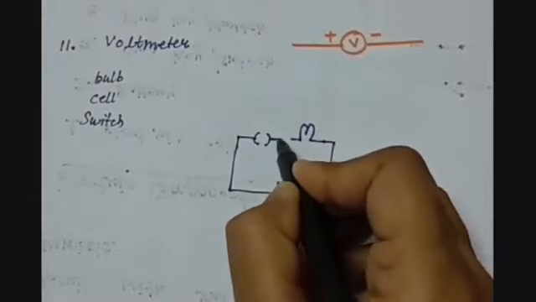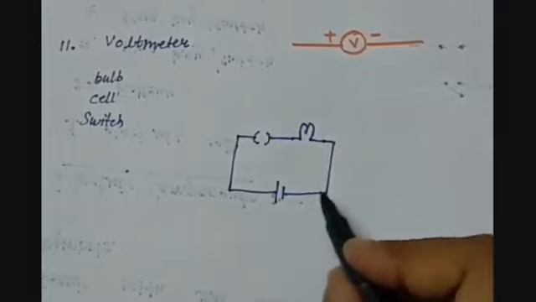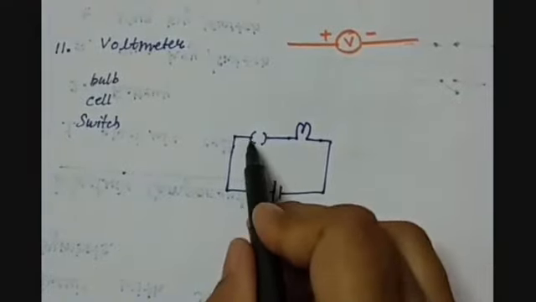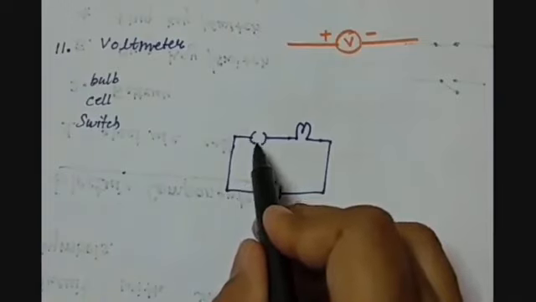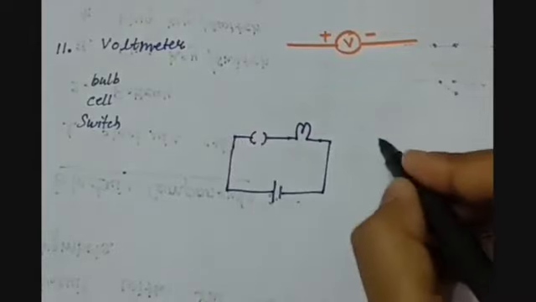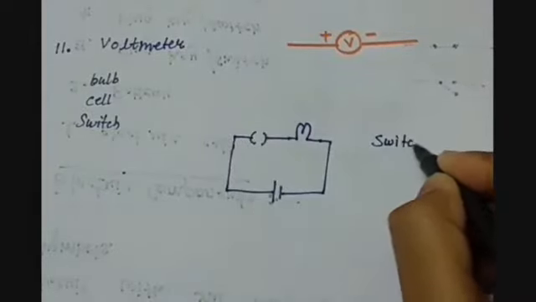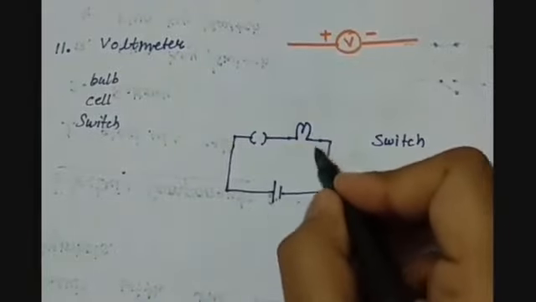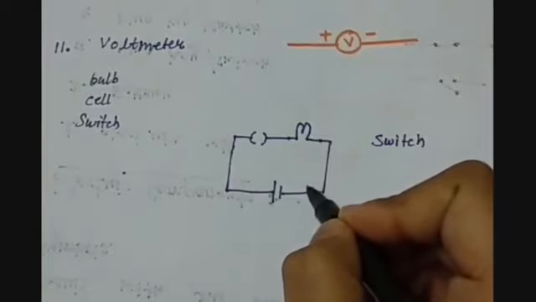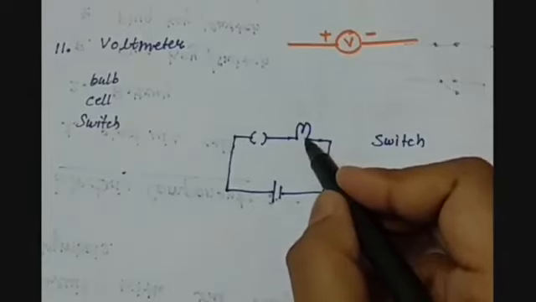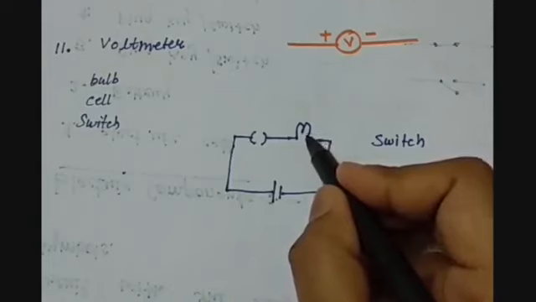In between we have a switch. I told you this is the symbol of the switch, but what kind of electric circuit is this? Open, because here the switch is not connected, and that is why you can also say that the switch is off. So when the switch is off, will the bulb glow? No, because here it is not making the proper connections. The closed path is not made, and hence no current is flowing in the circuit. So no current will reach the bulb and it will not glow.